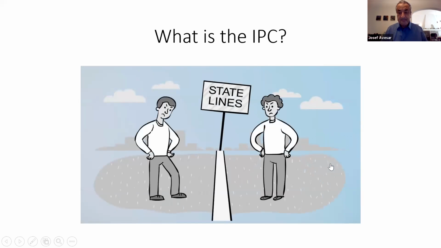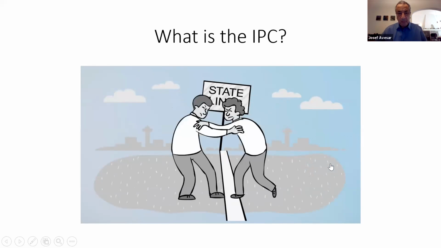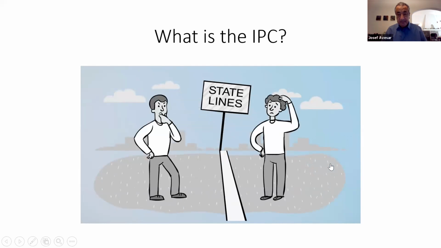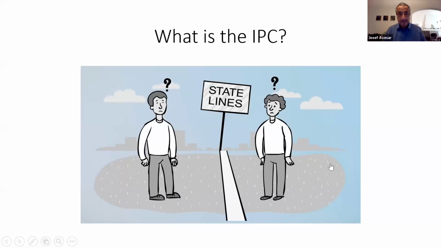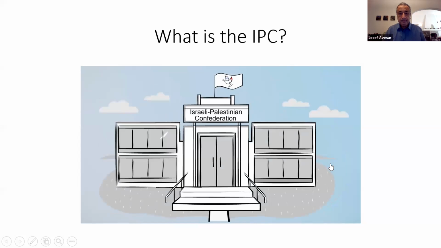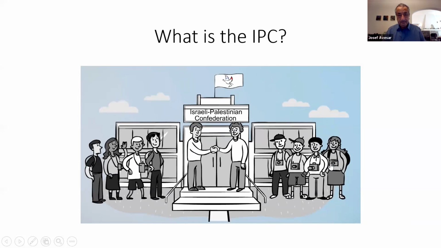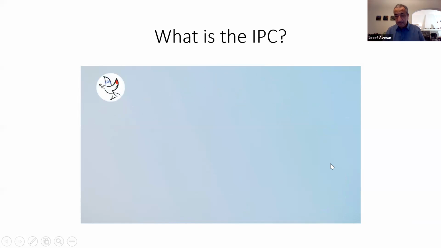The conflict between Israelis and Palestinians has endured for generations. And instead of time healing the wounds, it's only caused the anger to fester and the violence to grow. But what if there was a way to alleviate the tension? Something that may not outright solve every problem, but at least create a forum that encourages a peaceful compromise. Welcome to the Israeli-Palestinian Confederation, a common third government between the Israeli and Palestinian citizens, specifically designed to foster peace, tolerance, and economic prosperity between the two nations. Here's how it